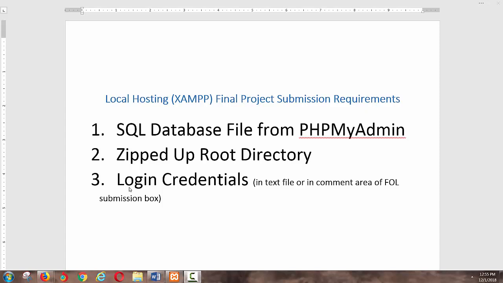Well, the third of which you don't really have to obtain. It's just how you log into your WordPress site. So I need these 3 things. I need your SQL database, just like you did for the test. Same thing. I need your zipped up root directory, also like I required for the test, but a lot of people zipped up their entire Xampp directory, which is not what I want. So I'm going to demonstrate these 2 things,